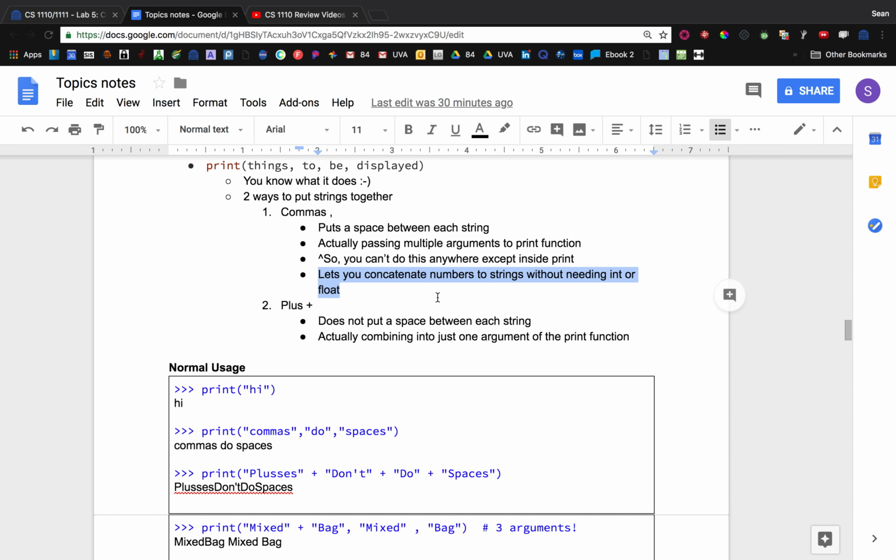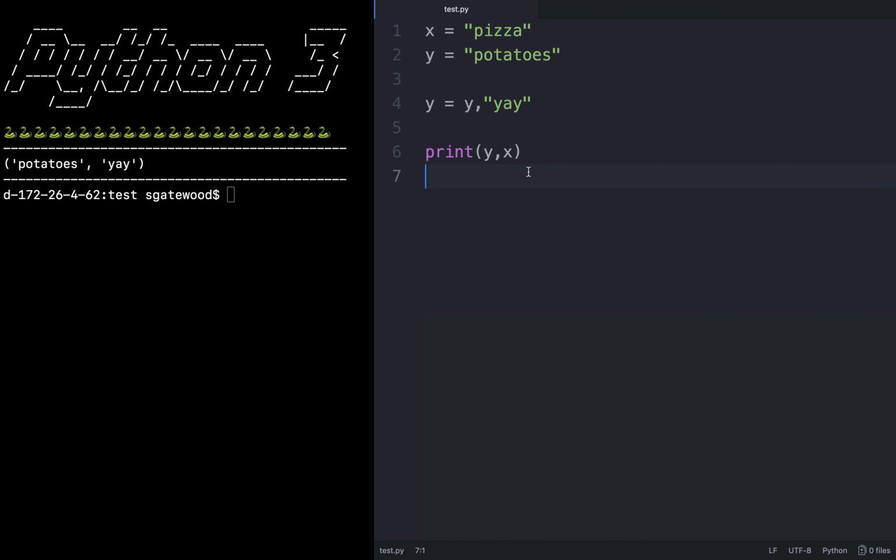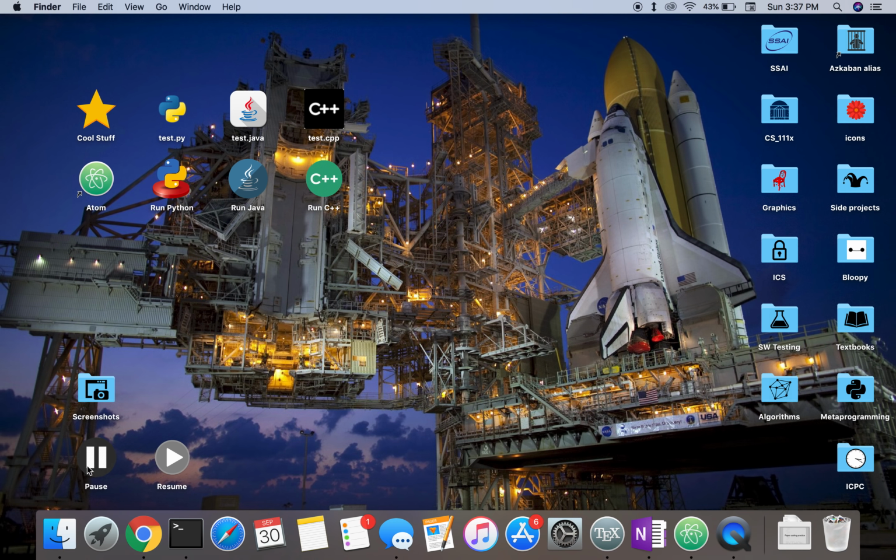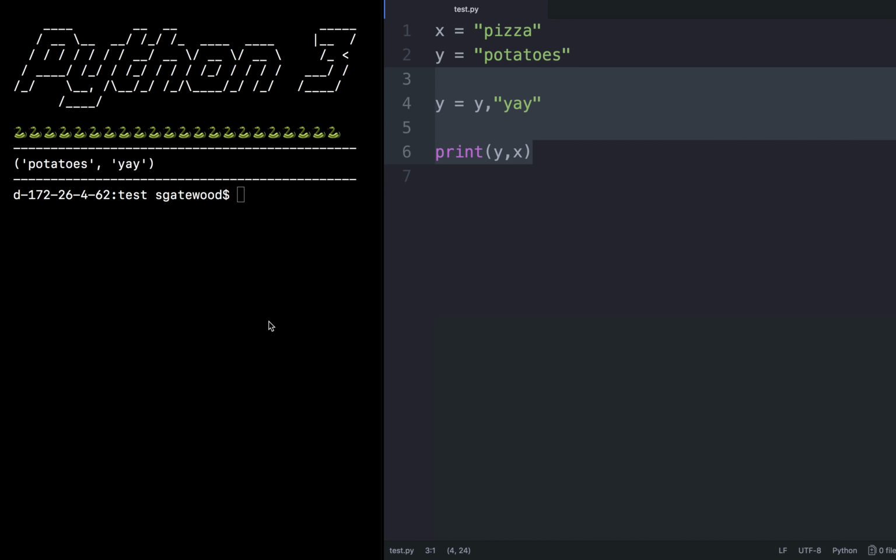And let's see, concatenate numbers. Oh yes, so you can put one thing. Yes, we need to go through this. Can't believe I almost forgot. Okay, so